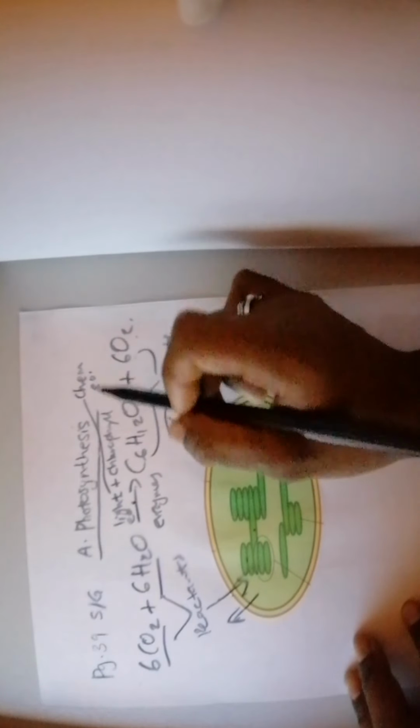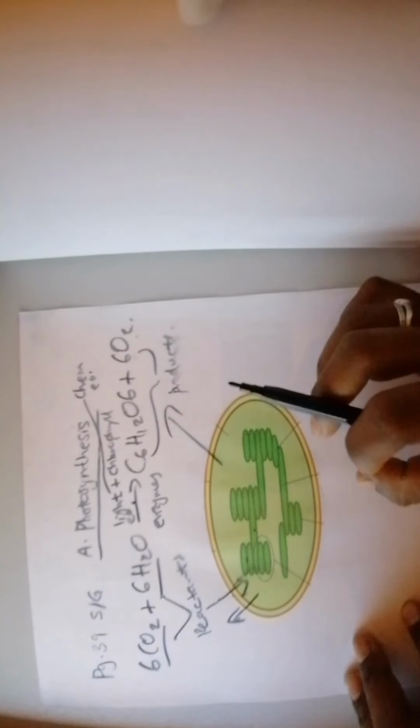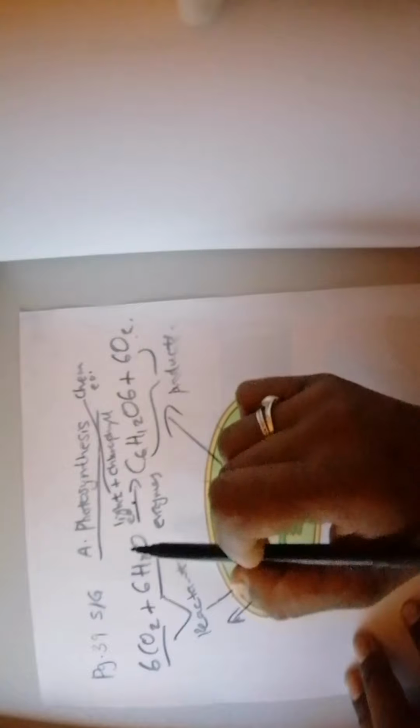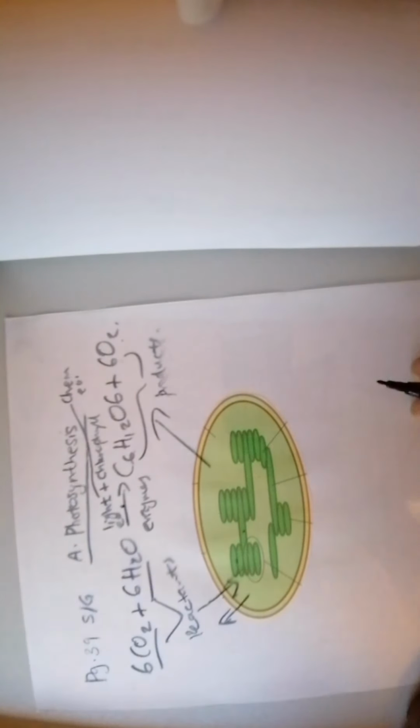And that chemical energy is going to be used to break up certain bonds and then join different elements together to give us a new compound or new compounds that would be our products from this process. So energy is therefore needed. Light energy is used, but chlorophyll is needed to convert that light energy into chemical energy. Otherwise, if that wasn't needed, then it wouldn't only be green plants that are able to photosynthesize, it would be any other organism that's able to utilize light. So chlorophyll here is the magic. Okay,